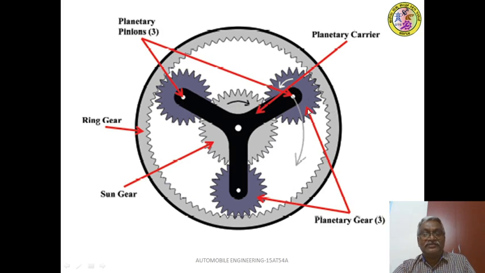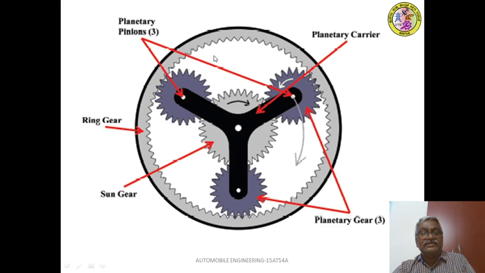All the planetary pinions are revolving in anti-clockwise direction. While they are rotating in anti-clockwise direction, since the ring gear is stationary, they walk around on the teeth of this stationary ring gear like this. This planetary pinion is rotating in anti-clockwise direction, and it begins to walk on the teeth